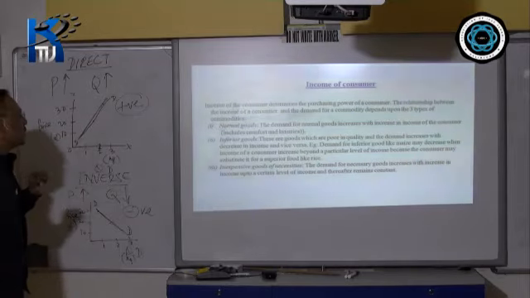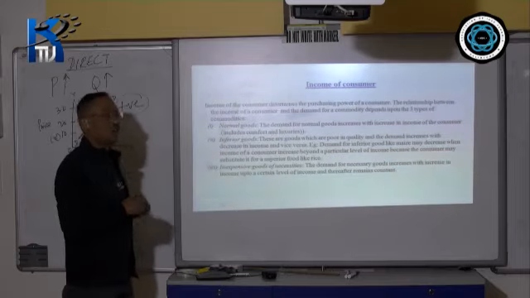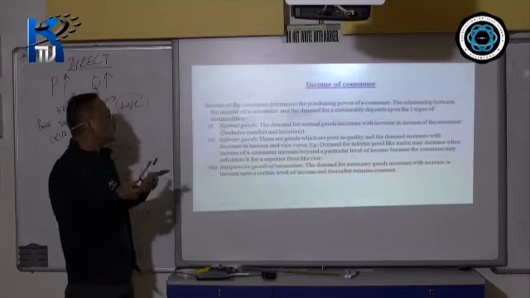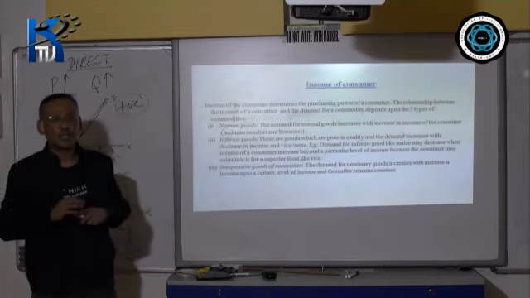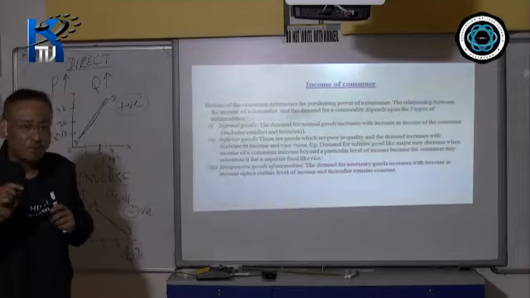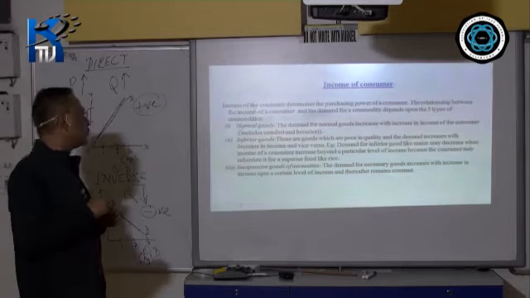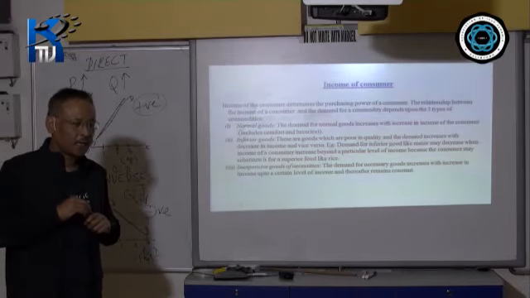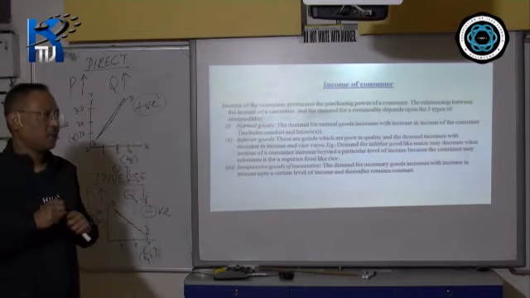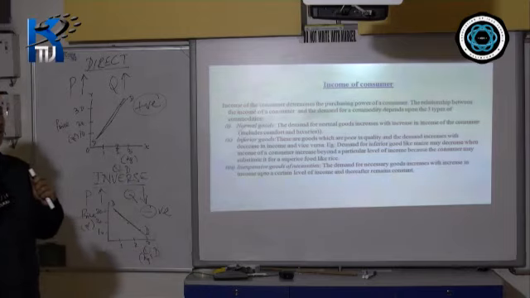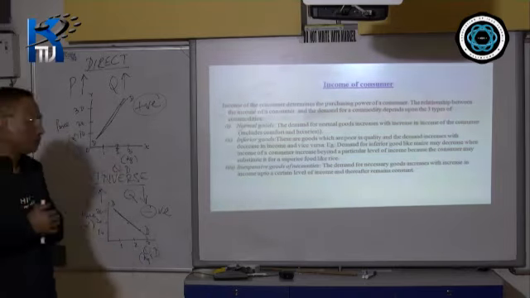Look, when your income decreases, what happens generally? You tend to buy less. And when your income increases, you demand more, but not for inferior goods. In inferior goods, if your income increases, the demand for the inferior good decreases. Why is that? It's like this. For example, let us say you are having a very inferior quality rice at home, at around, let's say, 20 rupees per kg. Fine. That was when you had a certain income.